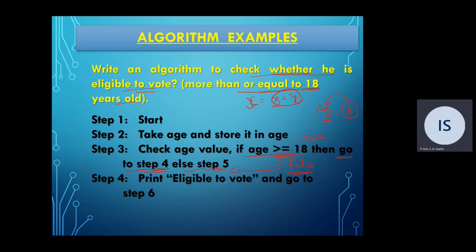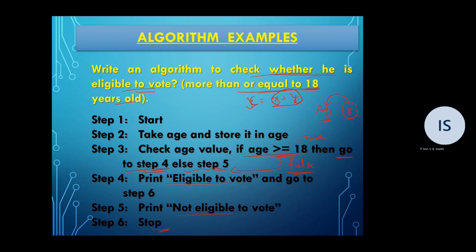So under step 4, what are we writing? Eligible to vote. After eligible to vote, then what do we do? We have to stop this. We need not go to step 5. If the condition is false, we go to step 5 and we print not eligible to vote. And the last one, stop. So these are some sample algorithms, students, where you can write a series of steps